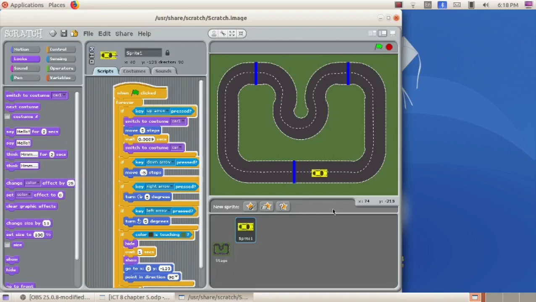See, when I am pressing the up arrow key, the car is moving and we can see bubbles behind the car. When I stop pressing the up arrow key, the car is not moving, and at that time we can see the original car, the car without gas bubbles or the smoke bubbles.